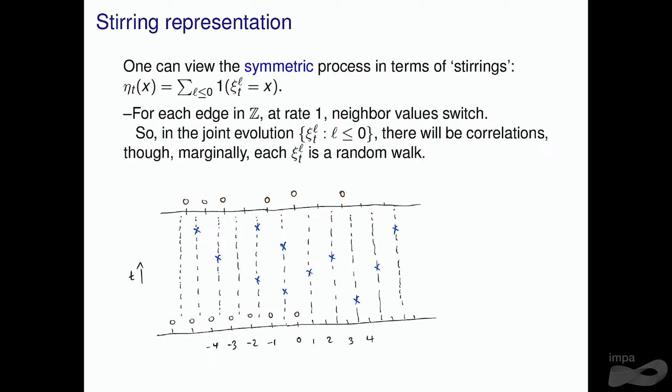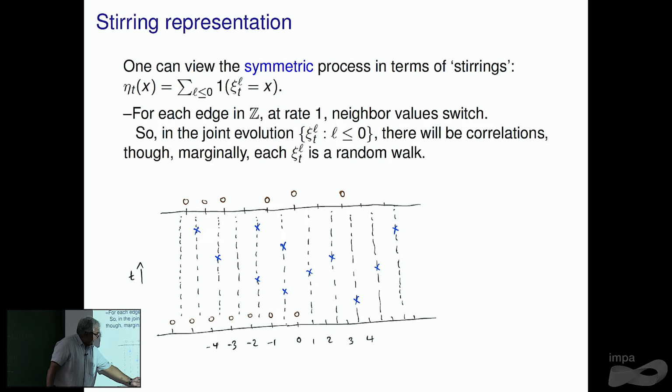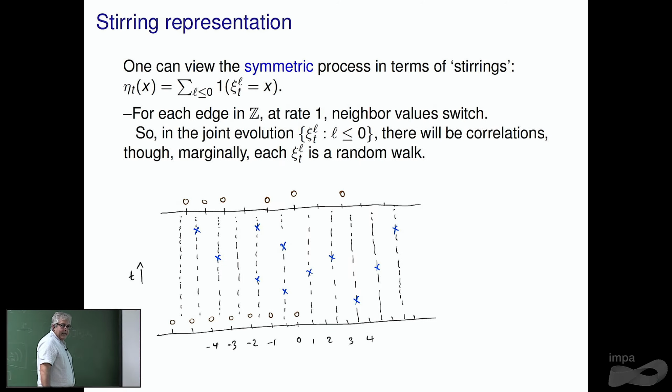You go up in time, and when you hit a mark, whatever value is here goes there, and whatever value is here goes here. If you think a moment, this corresponds to rate 1/2 moving to the left, rate 1/2 moving to the right,